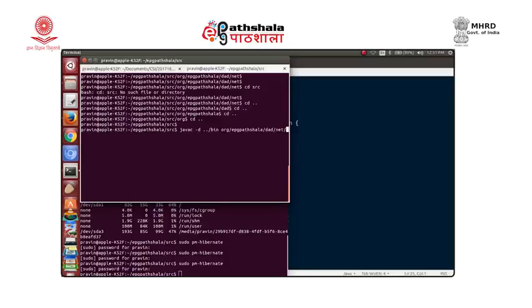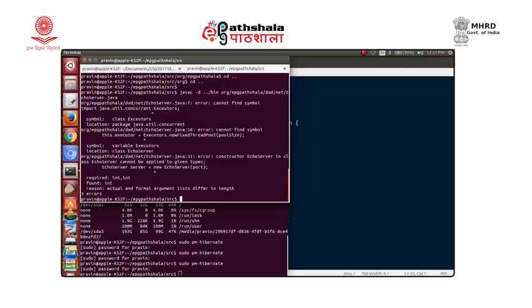A few errors. Oh, there is a spelling mistake for Executors. So, let us just quickly correct that import.